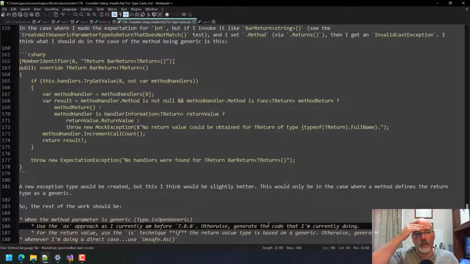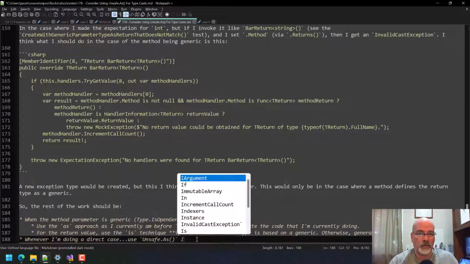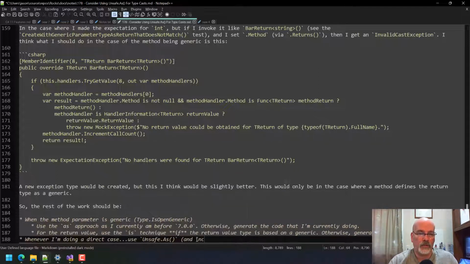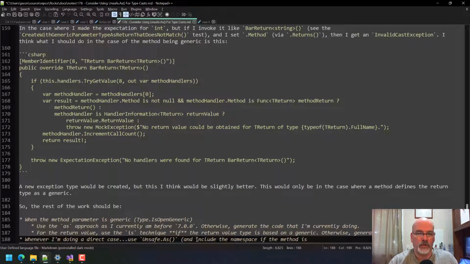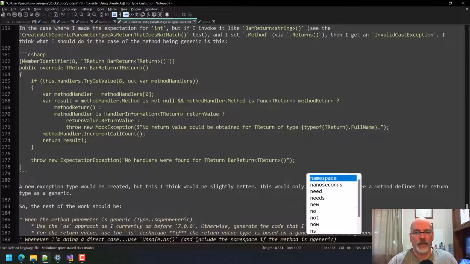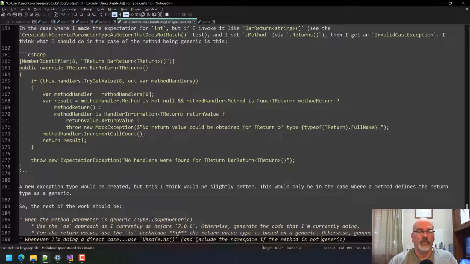Okay. And what I could also do is say, well, if the method itself is generic, include the namespace if the method is generic. Yeah. Otherwise, if the method is not generic, then we're using Unsafe.As.